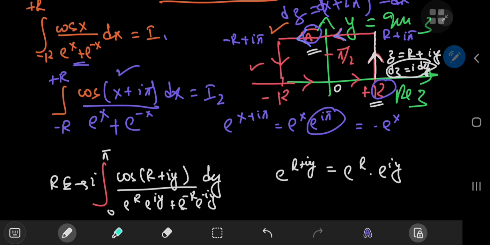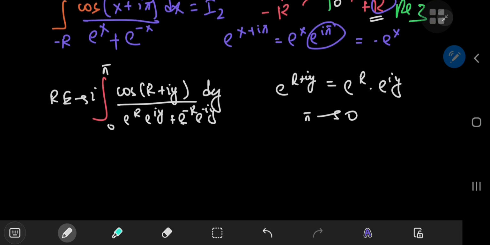Okay, so that's the integral along the right edge, and the integral along the left edge would be quite similar, except that it runs from pi to 0, and you have a negative r here. So let's try to extract some information about the right edge that can automatically apply to the left edge. So first up, notice that we can actually